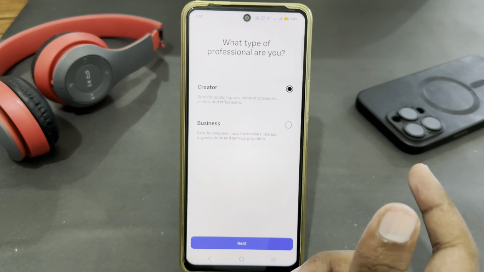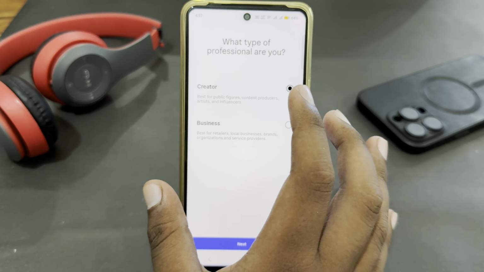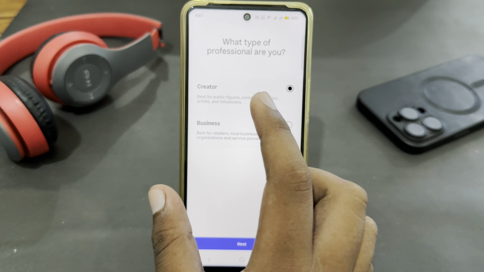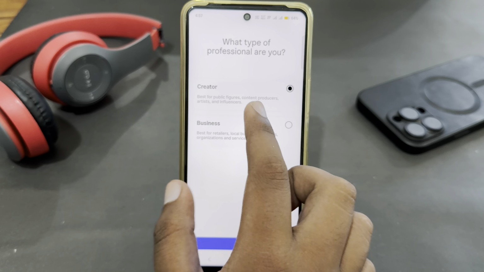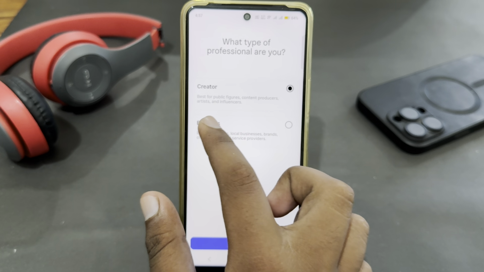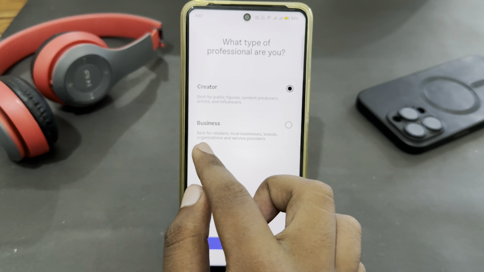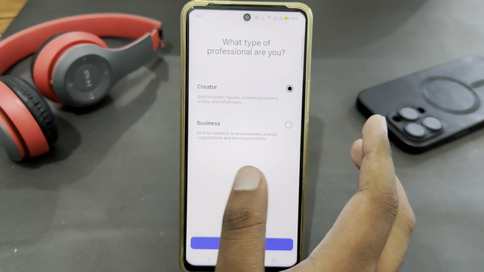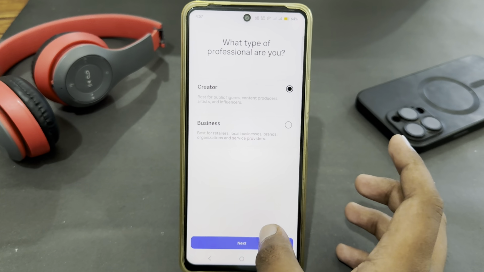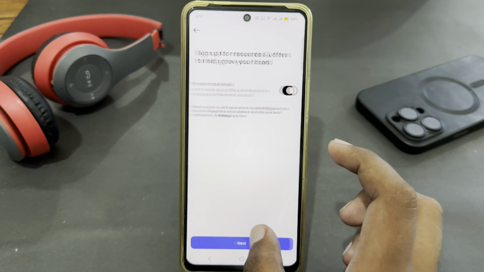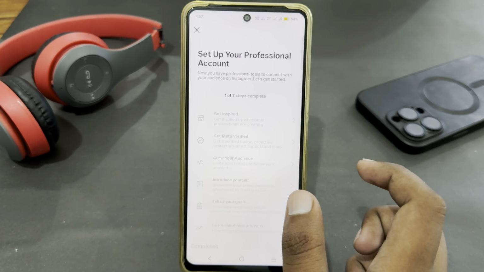It will take some time, and after that you have to select which you want to use for your account. This is business and this is creator. This is best for public figures, content producers, and this is best for businesses. You have to select which you want, then tap on next, and after that just tap on next, then continue,